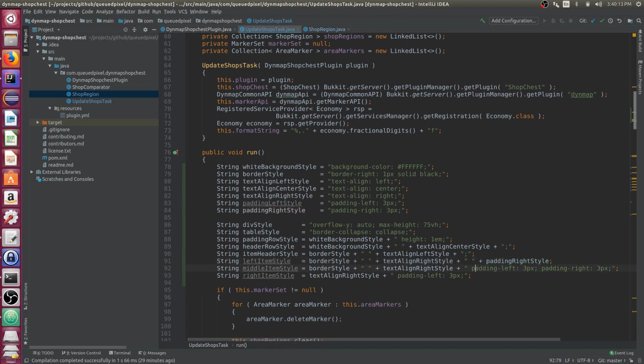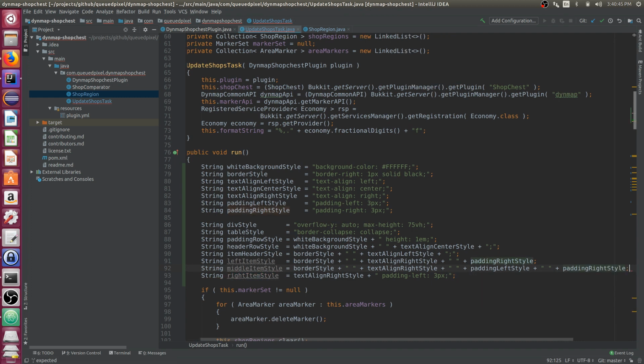Here we have this plus padding that. Something's not working with me here. Let's see. This plus padding left style. There we go. And I wanted to also add in plus a space plus